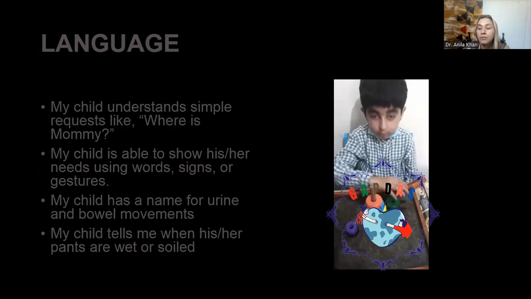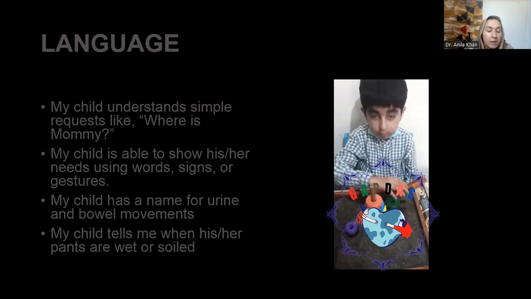The child can use some words, mama, mum, pani, or water, something like that. Or he or she is also using some sign. Sign means pointing toward that thing, or pointing toward the glass, or giving the glass to you or asking you to give. It means that the child wants you to give him or her water. Or using some gesture also. So it means that if the child is able to do verbal and non-verbal communication, then the child is